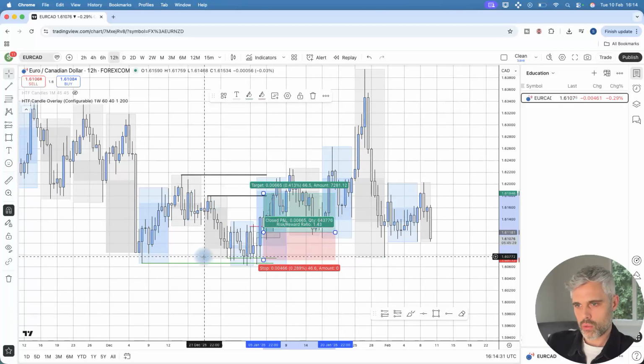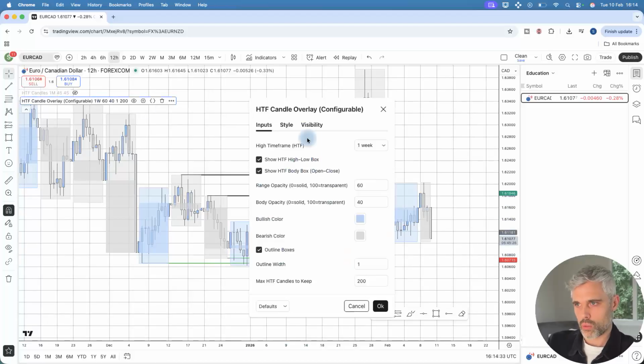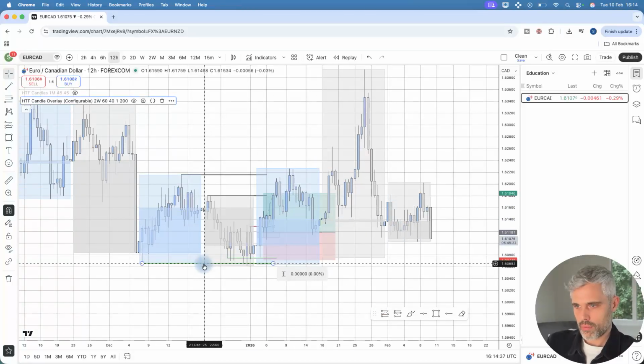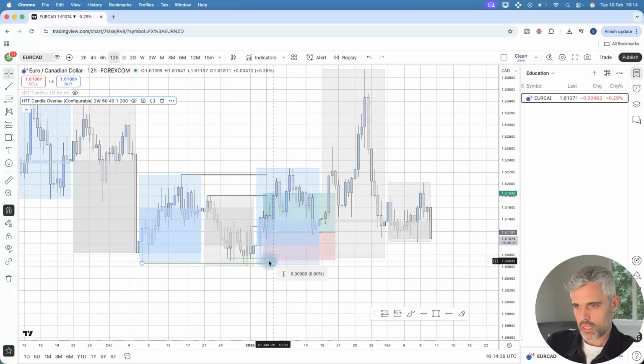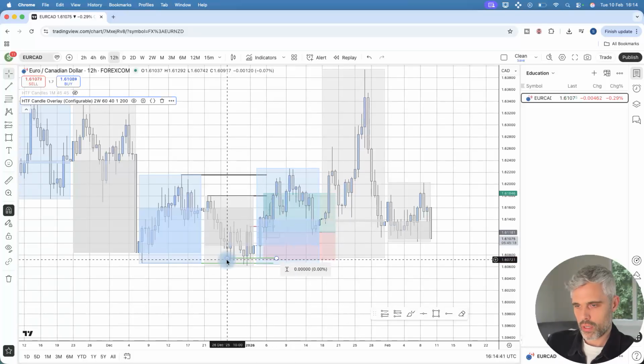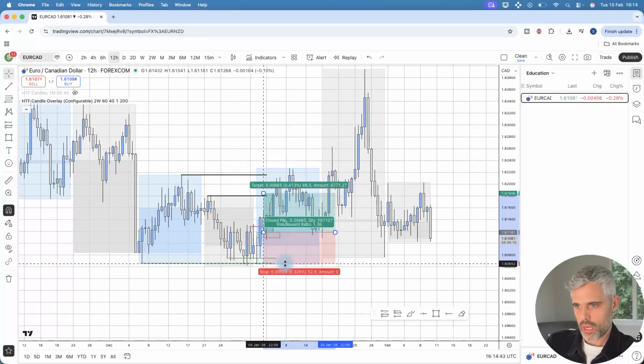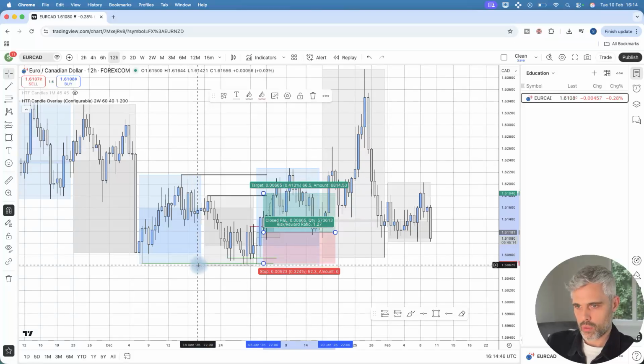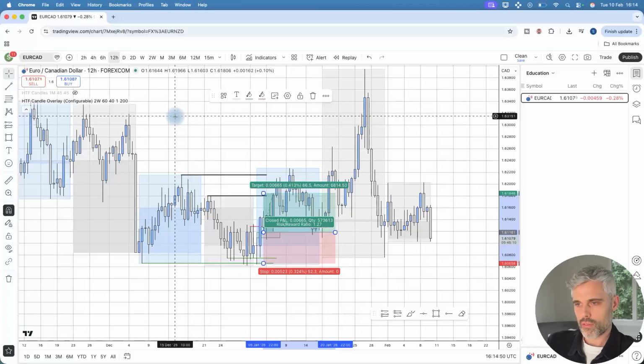So there's the candle on the weekly. Let's take a look at the 2 weekly. Okay, it's there. So this is essentially covering the swing point and the previous monthly candle. We can just drop this slightly to cover the liquidation of the 2-week candle. Okay, so we have now